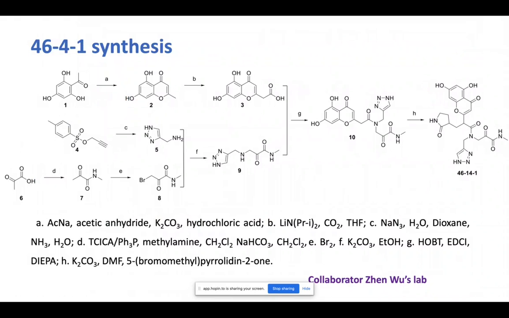So we actually performed some experimental validation. This was done at our collaborator Professor Zhong Wu's lab at Xiamen University in China. So they actually synthesized our predicted candidate. And this basically is a synthetic pathway, with all these reactions. And here it lists all these enzymes that lead to this final compound.